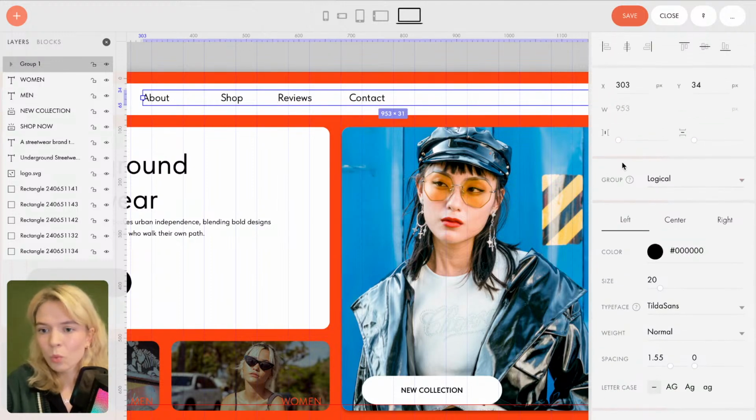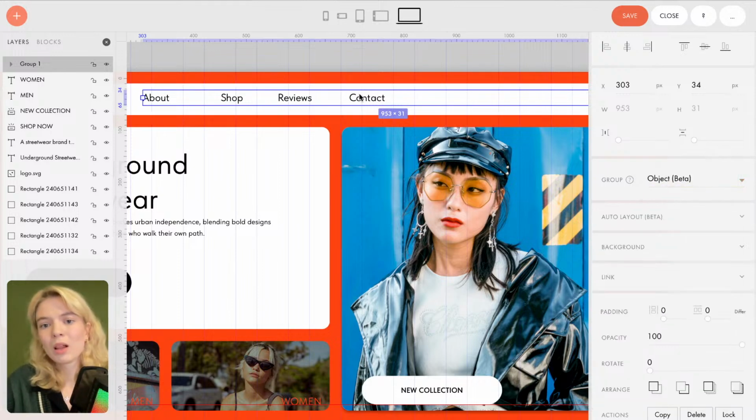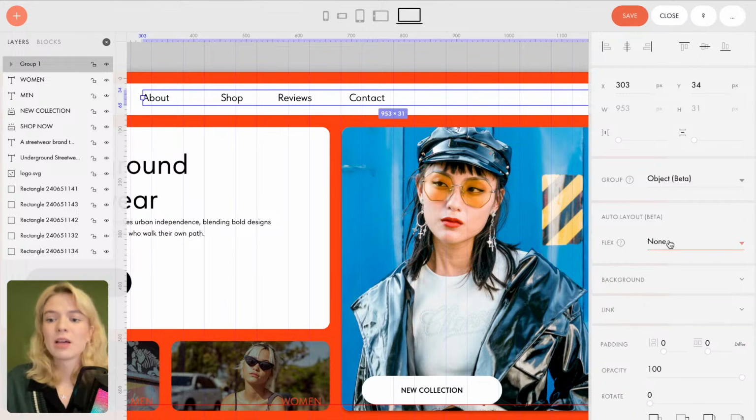And see, in the settings, the group section appeared. And the group can be logical, or it can be an object group. So an object group will basically treat all the selected items as one object. For example, if you animate something, you can group one or two shapes, and the animation will be added to all of them. But for now, we needed to enable the auto layout. So we click here under the auto layout section. We click auto under flex,